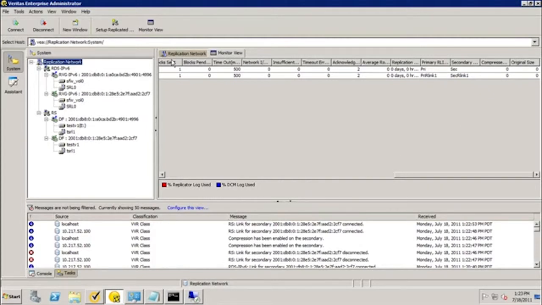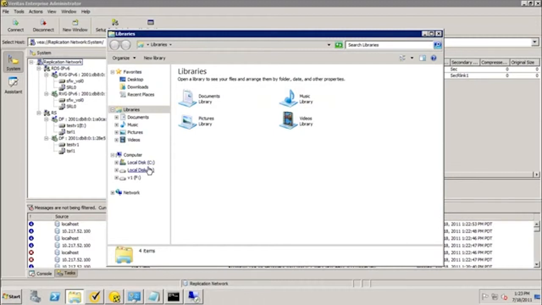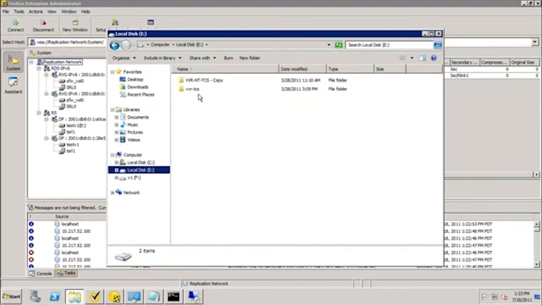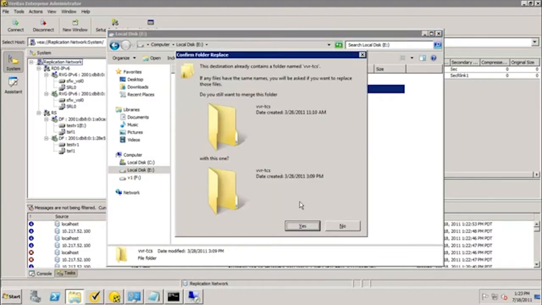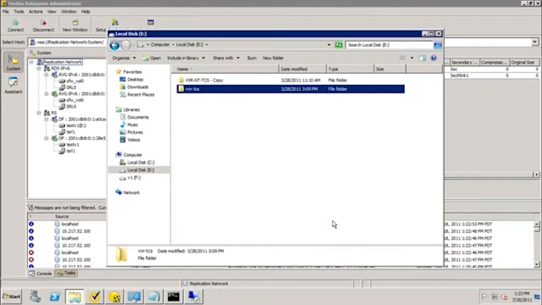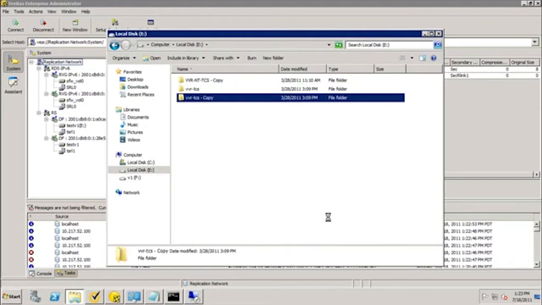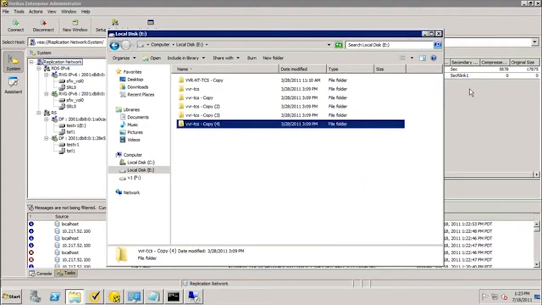So let's copy some data on our local drive and see if the compression is displayed. I'm just copying some folders, and here you can see that the compression data has already started showing.